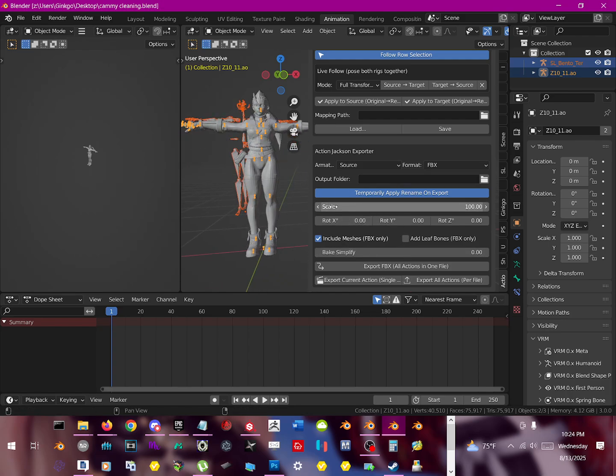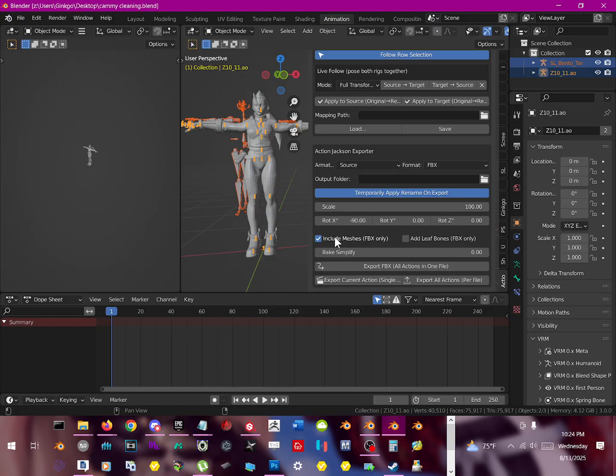Now, sometimes when you export from Blender, like I said, it may come out small, so you may have to up the scale if it comes out small. And also, they may be upside down or whatnot. So you can choose to fix those with these settings here. Use scale to make it bigger, and then the rotation things to make it up. In Cammy's case, when I exported before, she was face down. So to fix that, I have to put it on -90 on the X scale to make her